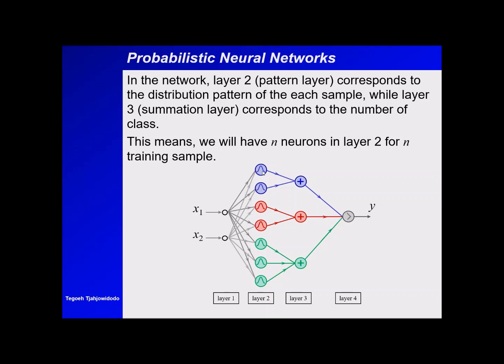But of course, there are some constraints there. If it is too small, then you will have this spiky problem that we discussed before. If it is too large, then you just approximate your entire population as a normally distributed function, which might not be correct. And the third layer here, layer number 3, you just simply sum the output of each neuron in